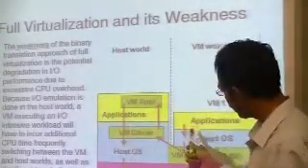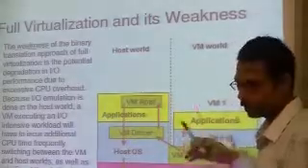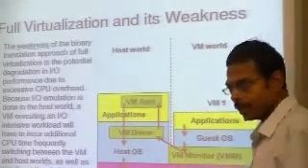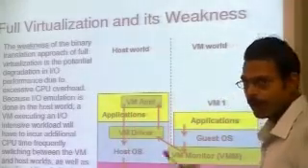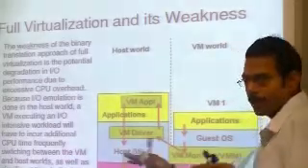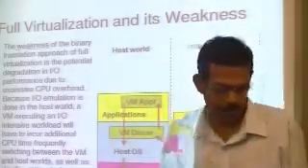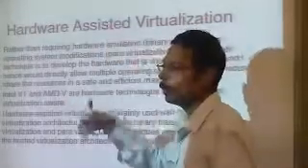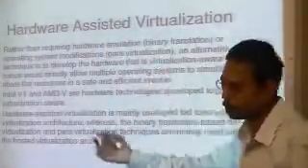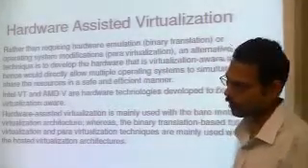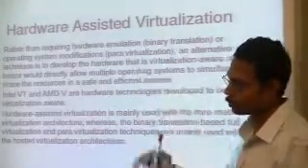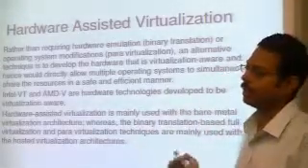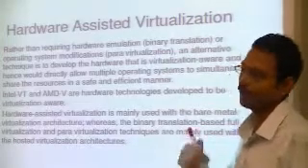The second type, I said, we changed the code of the guest operating system so that it can interact with the underlying hardware. The first two, we didn't touch anything on the hardware. We didn't change the hardware or make it compatible for all these things. We can use the traditional hardware. The third category, hardware-assisted, as the name itself tells, you make the hardware able to support virtualization. So for the first two, we don't need the hardware to be virtualization aware. The third category, you make the hardware virtualization aware.